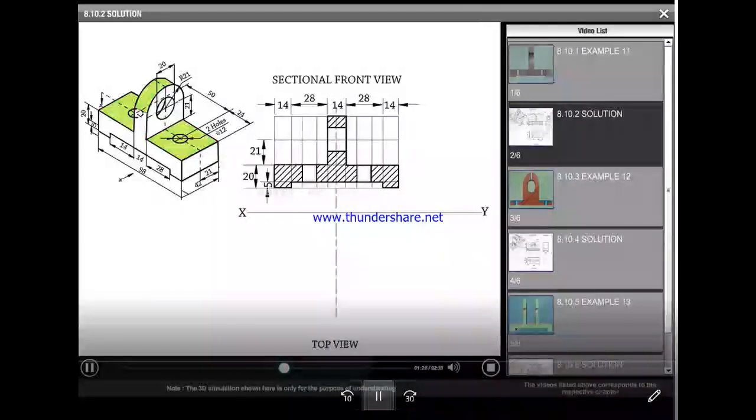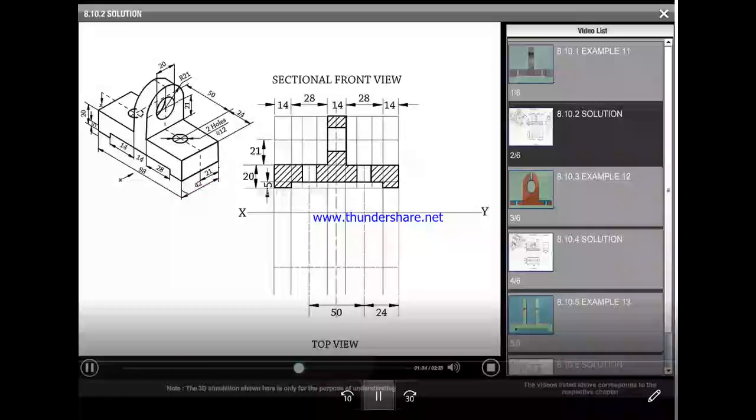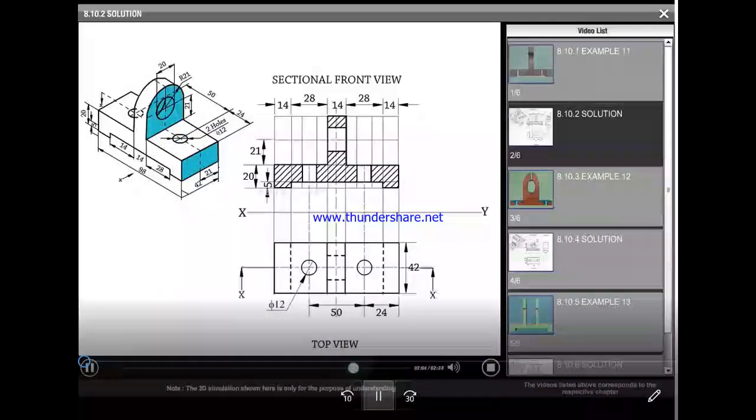Draw the projectors and complete the top view. Show the hidden details by dotted line. Represent the position of the cutting plane in the top view.